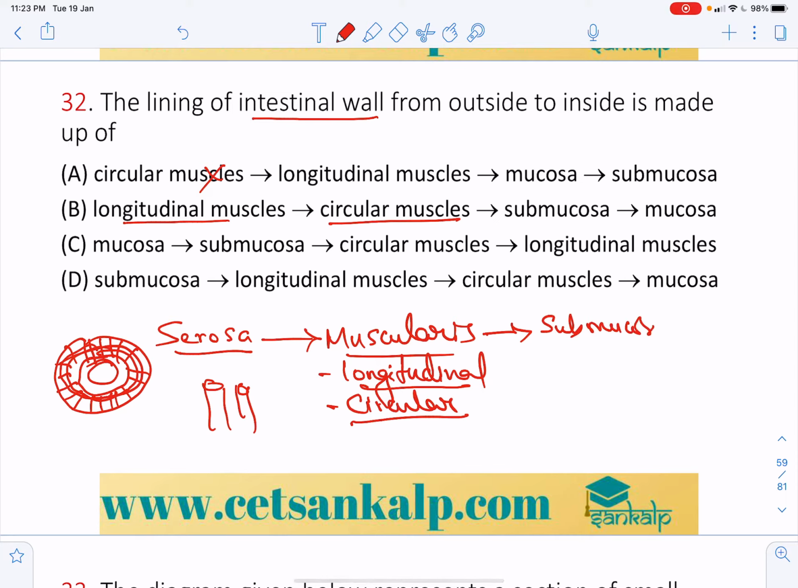submucosa, right? And next to that layer is mucosa. The mucosal layer will generally have epithelium, the mucosal epithelium. So for the answer, they can also give serosa, next to that longitudinal muscles, next to that circular muscle, submucosa, mucosa. So we can expect questions like these. Next,